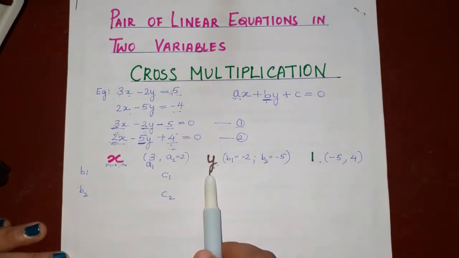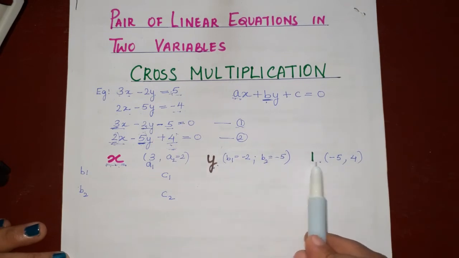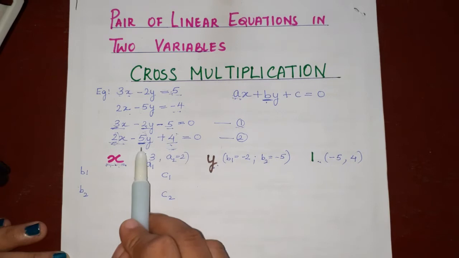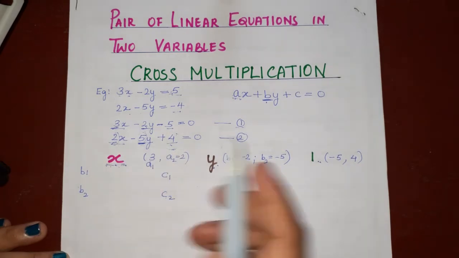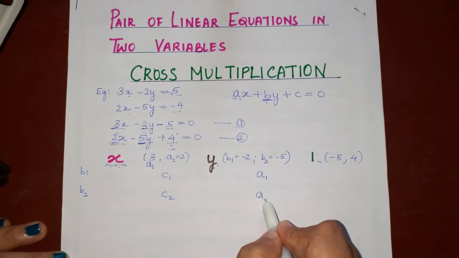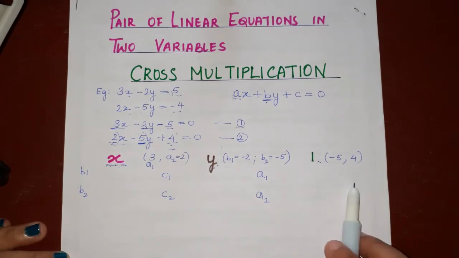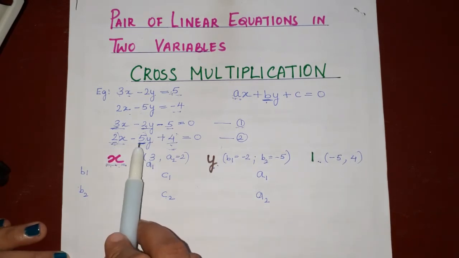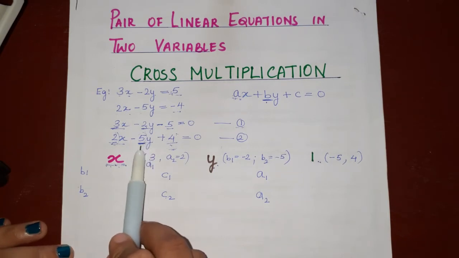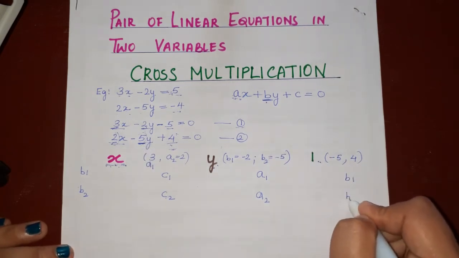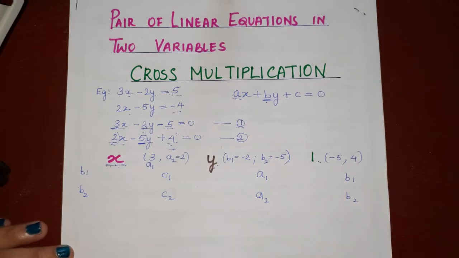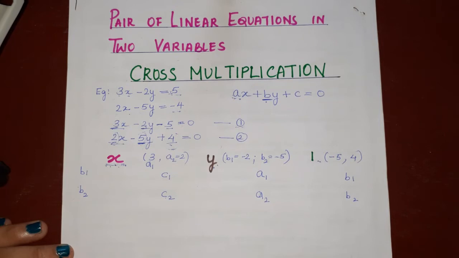Now y, and in between this y variable and this constant, I'm going to write the values of a. See, we started with b, then c, and now a. So a1 and a2, correct? Now once I'm done with this, there is one more slot remaining, so there I'm going to write what is next, the term with b. So b1 and b2. Once we are done writing this, we need to show the cross. We are going to cross multiply it, so we need to know what will get crossed with which term. So I am going to show you all with arrows.